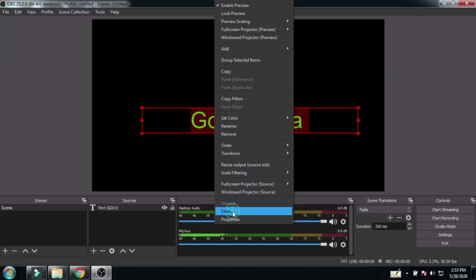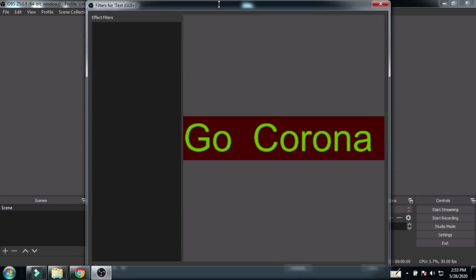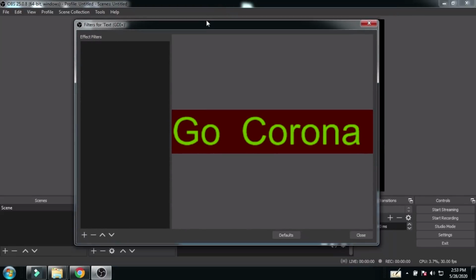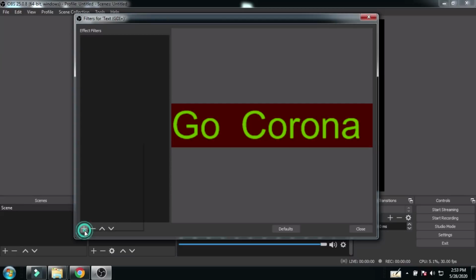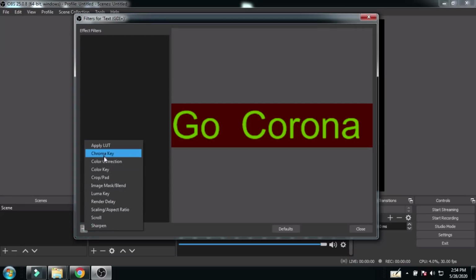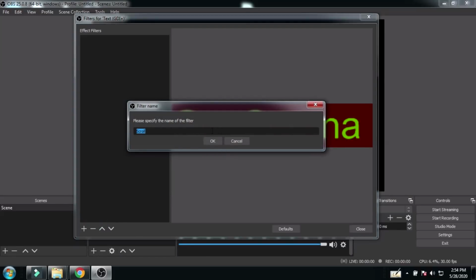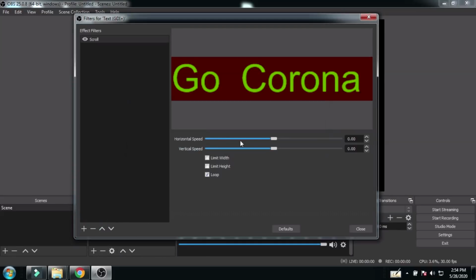Again use some types of filters for that purpose. So go to the filter section, a number of options are there, use the scroll, click on the OK button, horizontal speed and vertical speed.